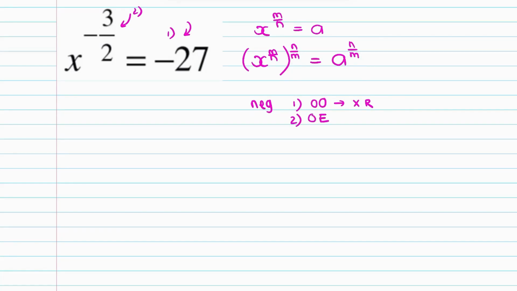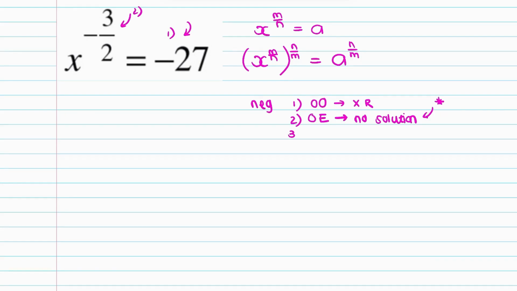We don't have that. So the second thing you want to ask yourself is, do I have an odd and an even number? This is actually what we have currently, because can you see we have an odd number on the top, which is 3, and we have an even number at the bottom, which is 2, okay? Whenever you get something like that, this is a no solution,